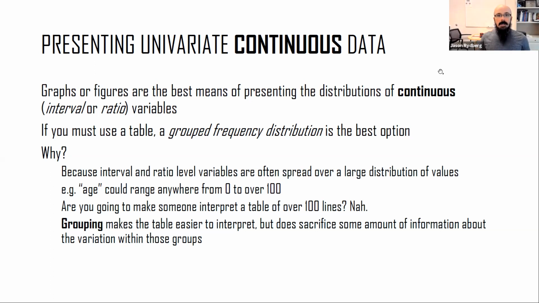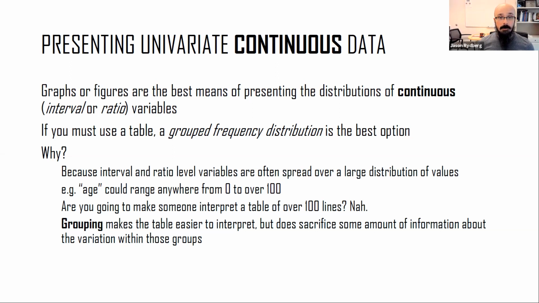Okay, so far we've talked about presenting categorical data. What about presenting continuous or numeric data? So now here, it's easy to do tabular presentations of summary statistics communicating your different distributions of continuous data. So I could have a table that has means and standard deviations, and that will tell you information about a given sample. But if I want to tell you about the entire distribution of a variable, a graphic is